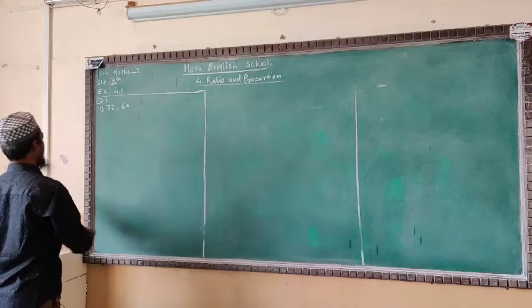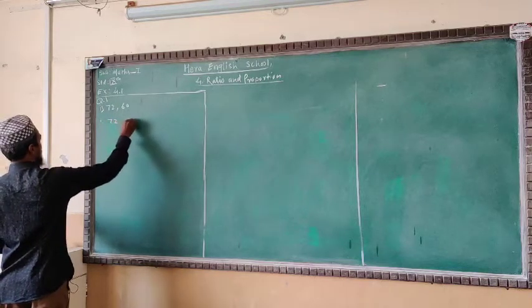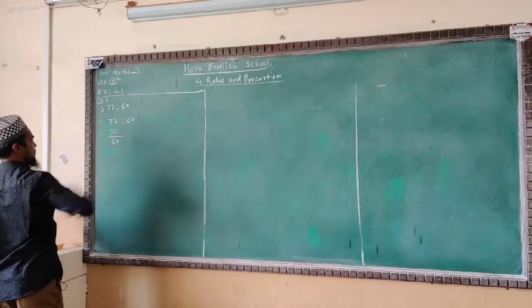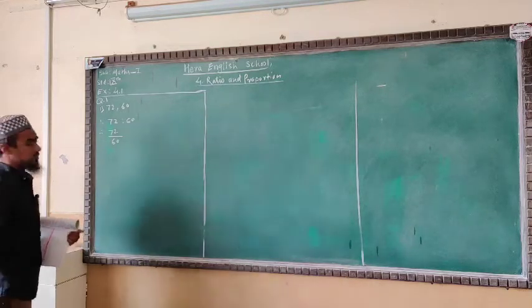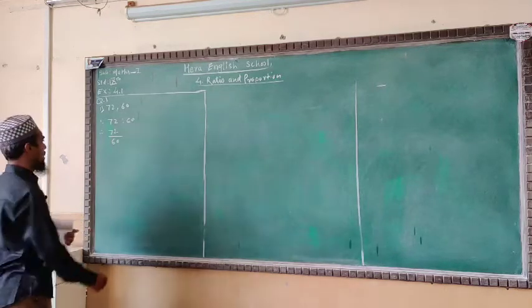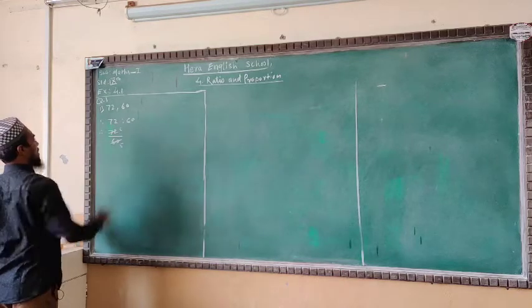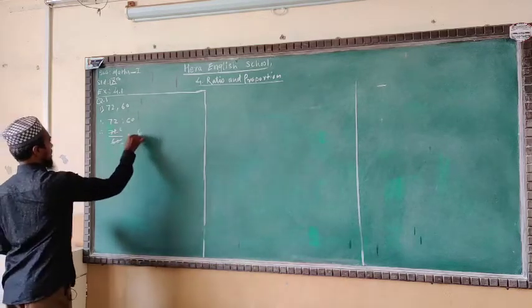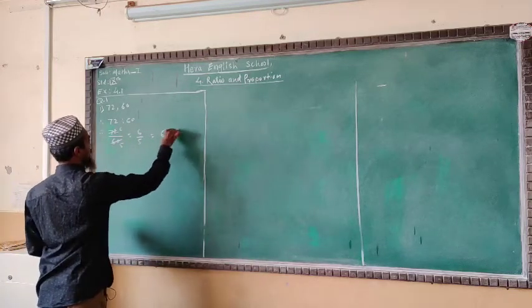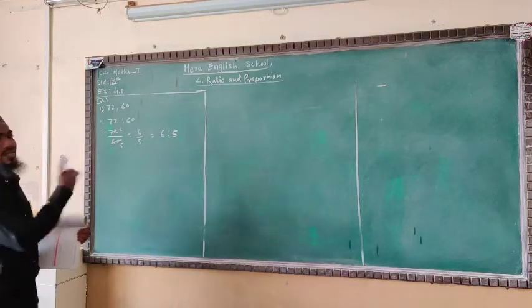See very well, everyone. We'll first write it in ratio form, 72 is to 60, then we will write 72 upon 60. Now we will divide these two numbers by a common table. We are taking the table of 12. 12 fives are 60 and 12 sixes are 72. You will get 6 upon 5, means the ratio will be 6:5. It's your reduced form of the given quantities, first to second.